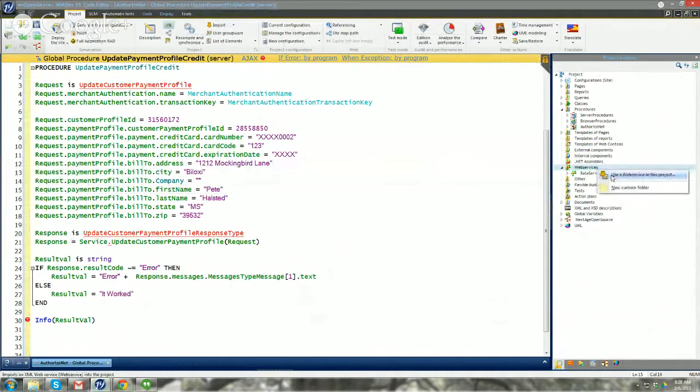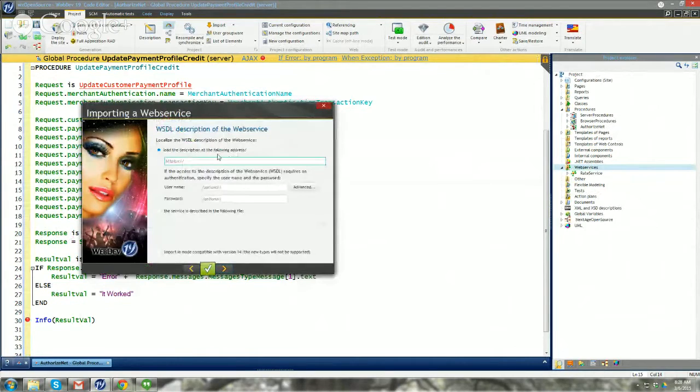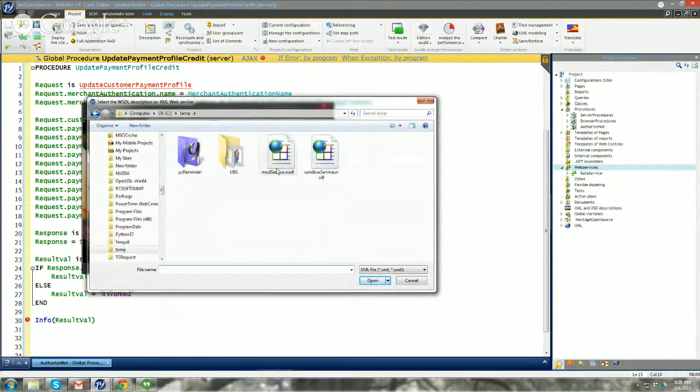And now we use a web service. However, this time, instead of loading it from a web address, we're going to tell it that it's in a physical file. And if we go over to one that we just did,